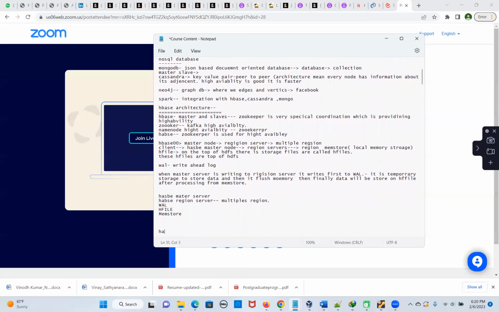HBase is called a column family database. Every NoSQL database has one characteristic. If I say Mongo, it's a JSON document-oriented database. Cassandra is a key-value pair type, Neo4j is a graph DB type, so HBase is a column family type. Column family database means HBase has